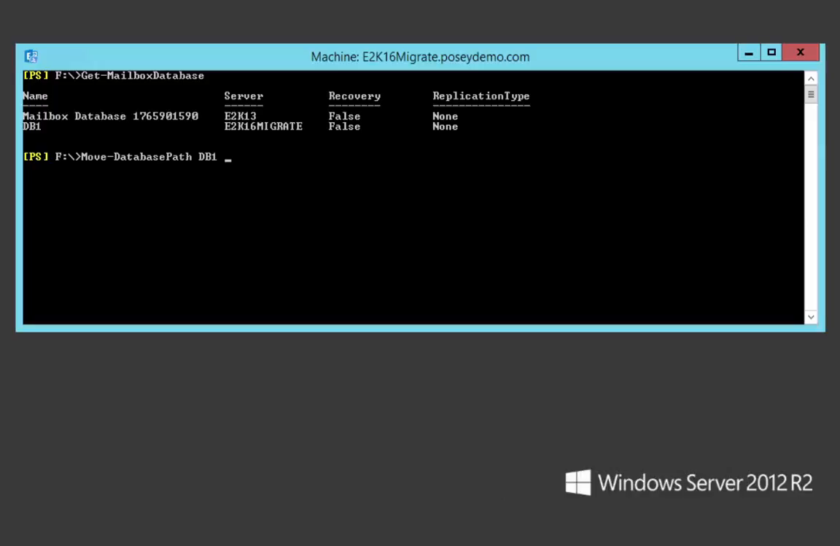And then we're going to use the dash edb file path parameter, and that's going to specify that we're moving the database. And I'm going to move that database to e:/db1, and the name of the file is going to be db1.edb. And then we're going to move the transaction logs to the F drive. So I'm going to use the dash log folder path, and then I'm going to specify f:/db1 as the destination. So assuming that I haven't made any typos, I'll press enter and the database will be